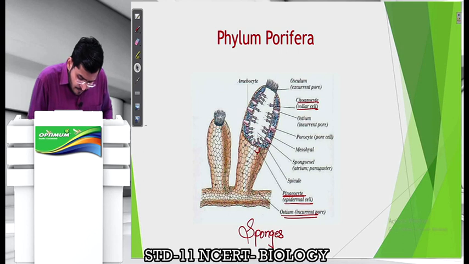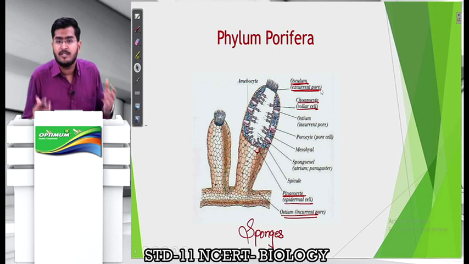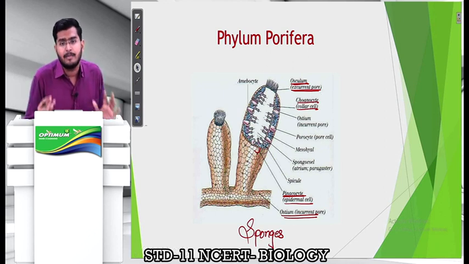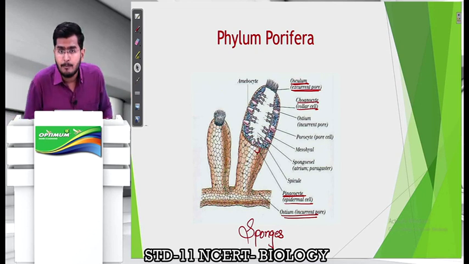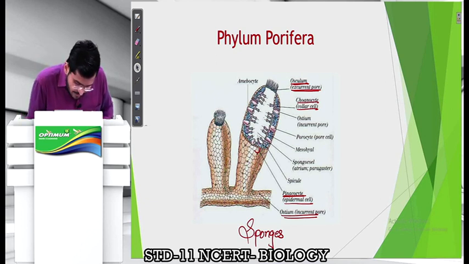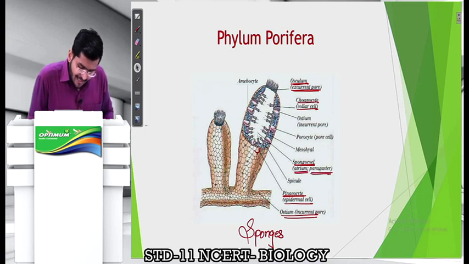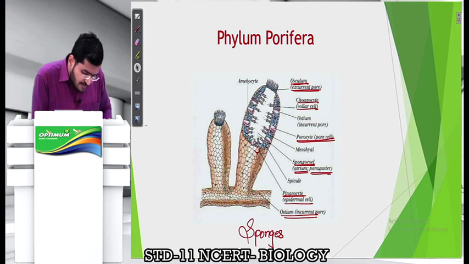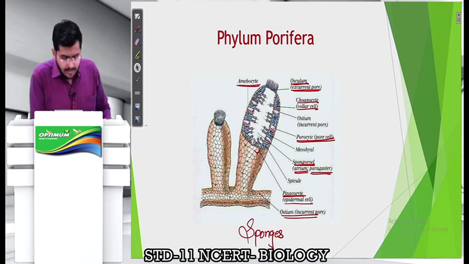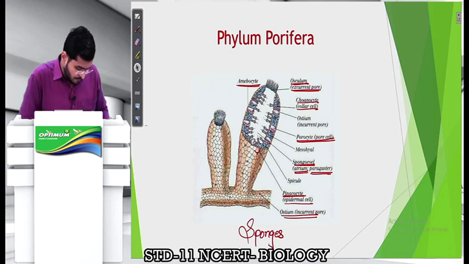And there is an opening at the top which is a large opening called osculum or excurrent pore, जिसमें से सारा जो waste product और पानी है वो साथ में release किया जाएगा. Because all water is going to move out, we call it excurrent pore, and because water is going to move inside through ostium, we call it incurrent pore. The cavity of the sponge is called spongocele. It can also be called atrium or paragaster. You can also see that ostium is formed by a cell called porocyte, or the pore cell, right? You can also see amoebocyte, which is mentioned over here, which is responsible for storing food. So let us move ahead.